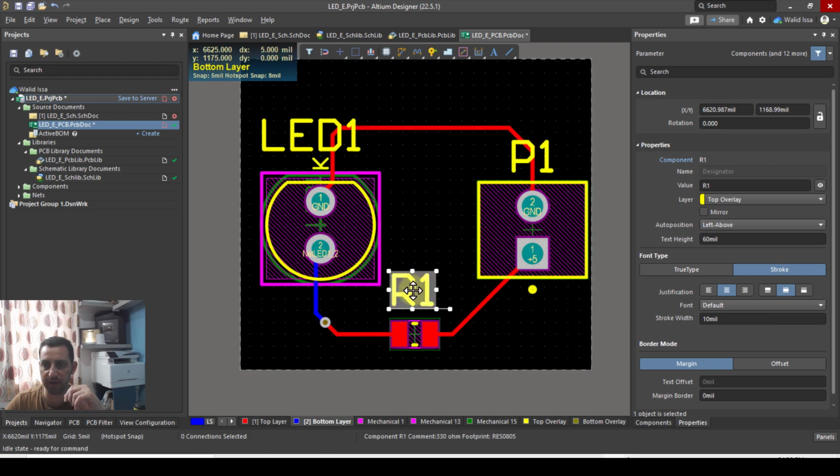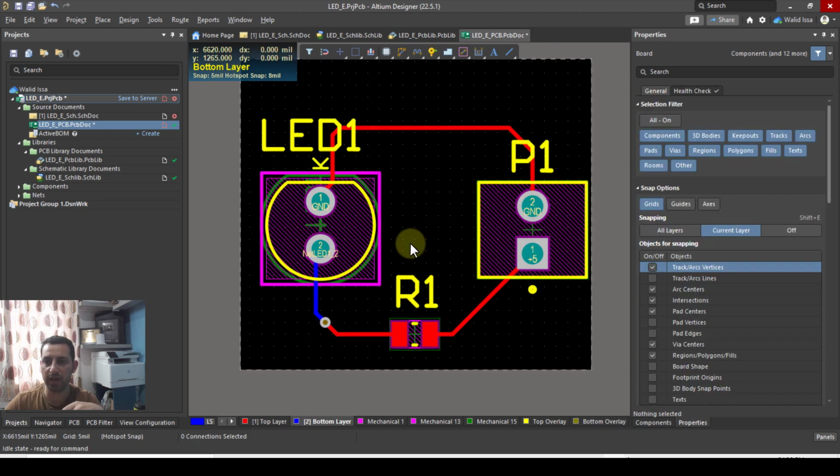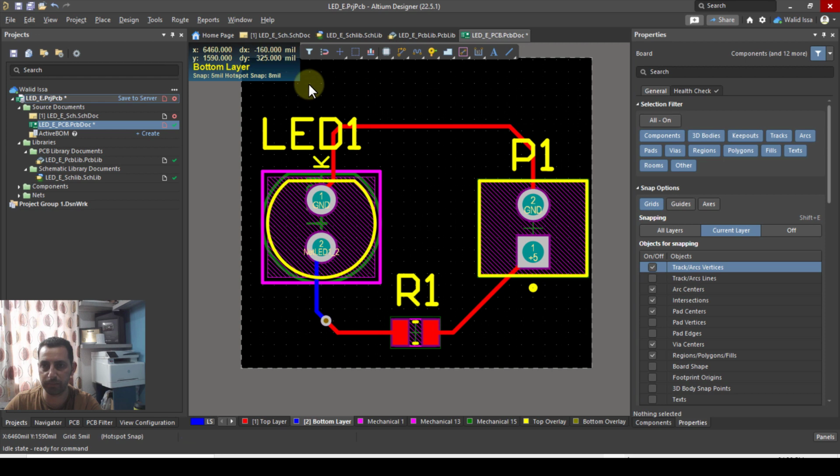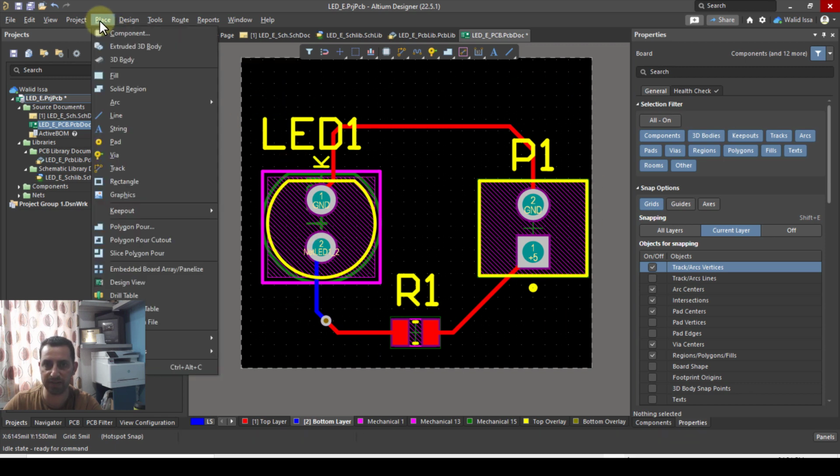Okay, components, you can add any other things if you want, and you can also add a polygon. A polygon is a piece of copper that can cover your board to reduce the amount of copper etched in the etching process, or it will cover your board and make it less noise sensitive. So how do we do a polygon here? We can go for place, and I can go for polygon